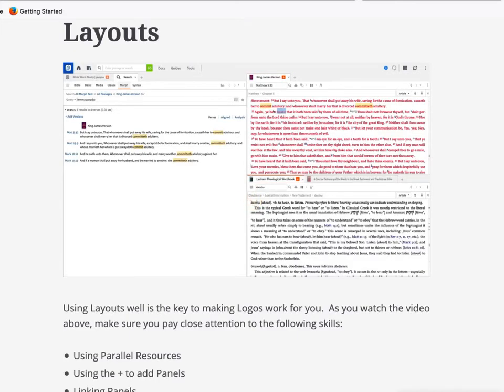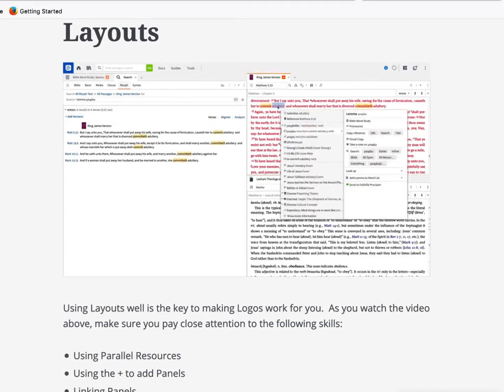Now, the second menu that's important for you to be aware of is the right-click context menu. So if you right-click on a word in your text, you will notice a menu that pops up. And this menu is much more extensive than the selection menu. In fact, we don't have time to work through all this information, but you'll see on the left-hand side of the